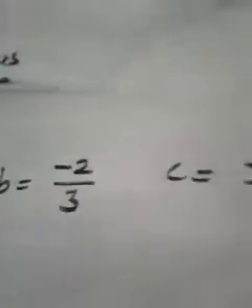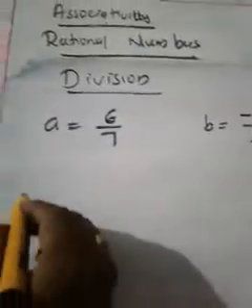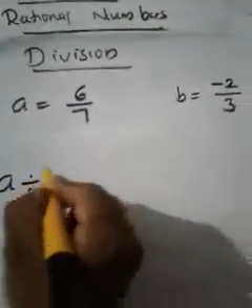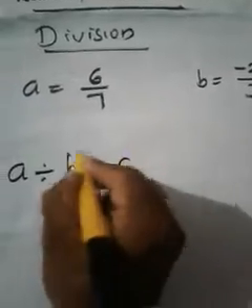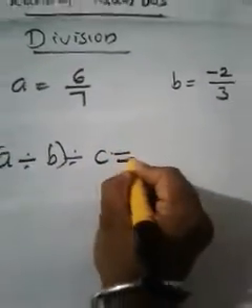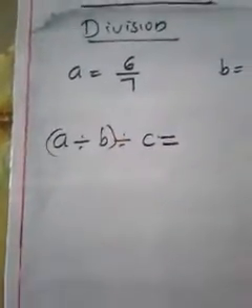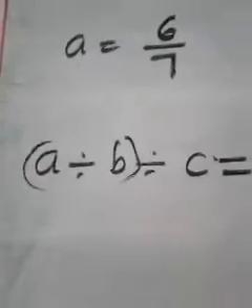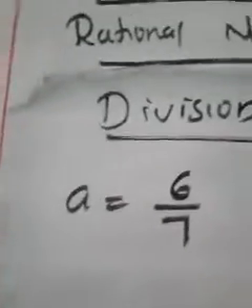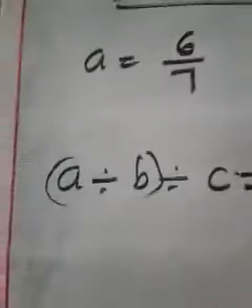Any problem? No problem, because 6 by 7, minus 2 by 3 and minus 5 by 6 all are rational numbers. And what we need, can anyone tell me? A divided by B divided by C. These two numbers should be in one group, isn't it? Then the very next step, we need A divided by B divided by C in another group. That is the next case. And why does this operation become division? Because we have to check under division, that's why it becomes division.